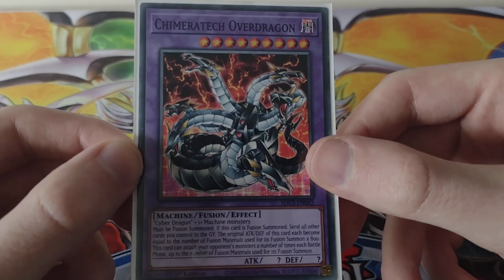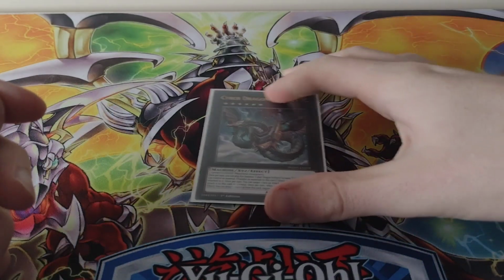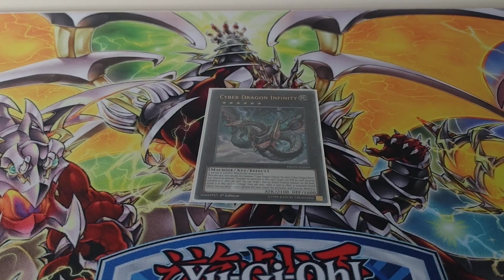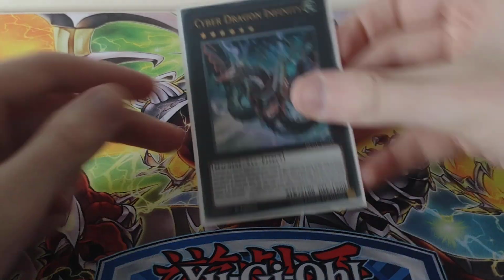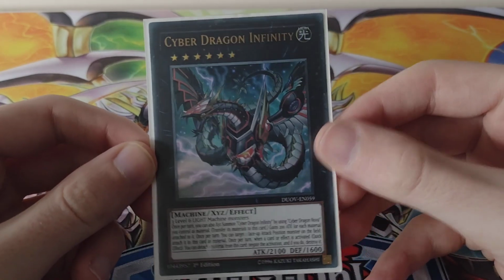But it doesn't mean it can attack your opponent directly, though I thought it could. Like if all your opponent's monsters are gone and you have 2 more attacks or something, you can attack your opponent directly. I thought you could do that, but you can't. You can only attack monsters. And then one Cyber Dragon